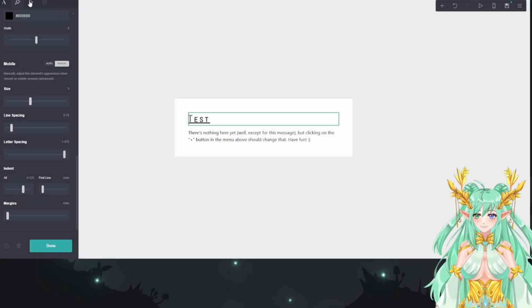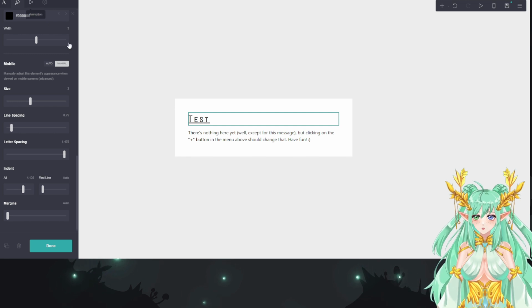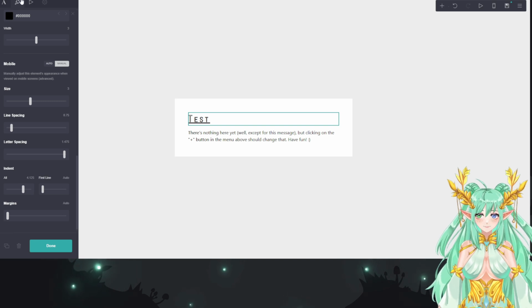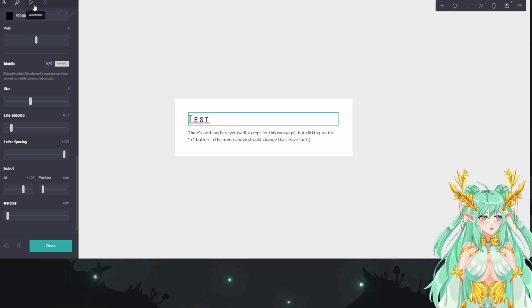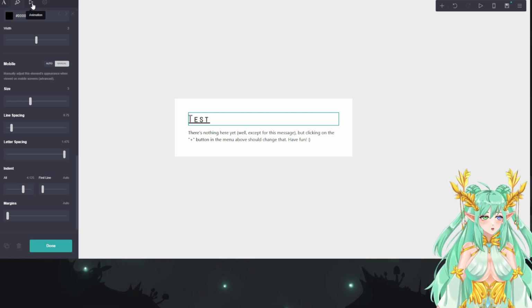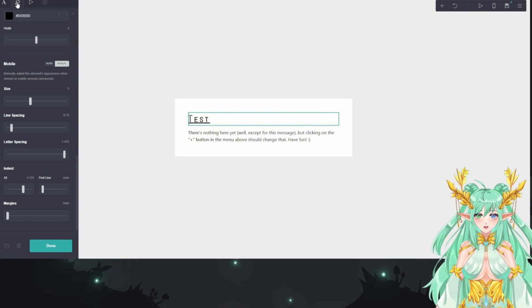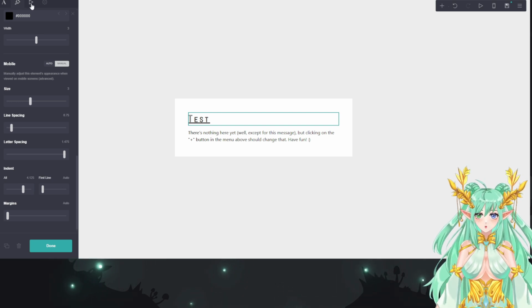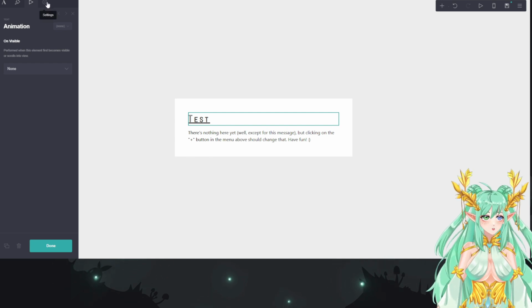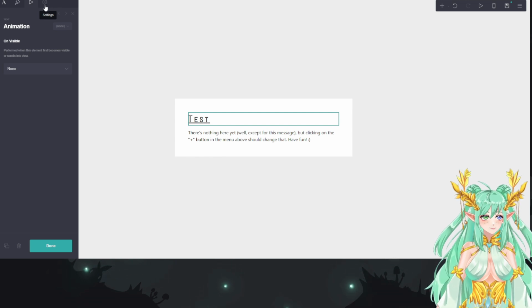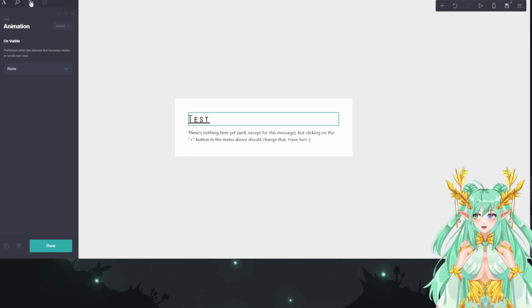All right. And then another feature, this applies to not only text, but these tabs will be on everything that you add into your site here. If you add a button to go to a different page, you're going to have all of these tabs up here to adjust the function of the button, how the button appears, and all of that fun stuff. So the last button here, and I don't have the Pro version, so I can't really mess with the last button of the settings for Pro users. But the animation tab, you can